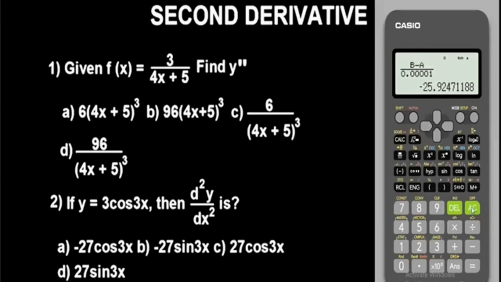So let's do it together, guys. Okay, remember we got minus 25.92. So let's begin with option A. We have minus 27 cos 3x, close the bracket. Press equal to: minus 25.92 exactly. So the correct option is what? Option A. So this is basically how you can solve problems involving second derivative using the Casio Fx-991 Plus second